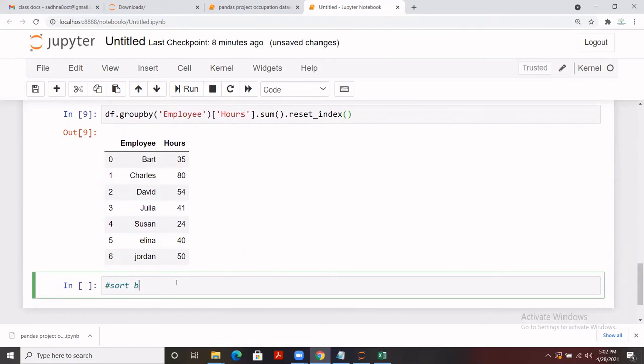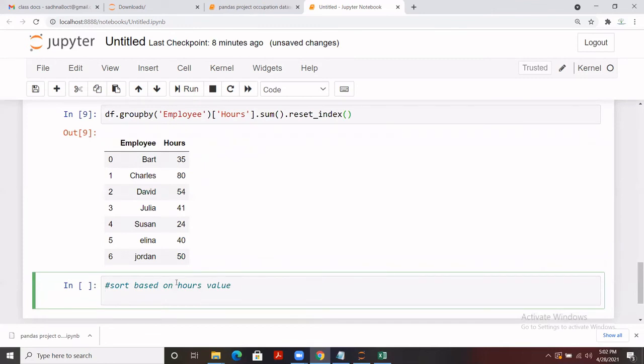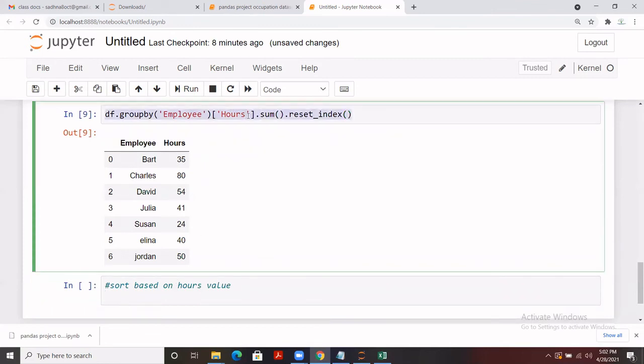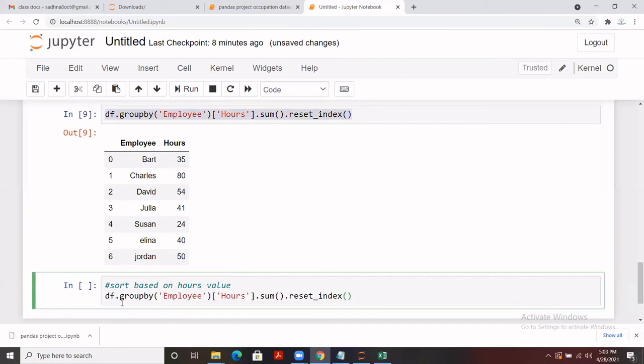Sort based on hours value, let's say. So how are we going to do it? Let me copy and paste the code so that I can change it accordingly. So we'll group it based on employee, then hours, then sum, then reset index, and then we can write the sort underscore values function.